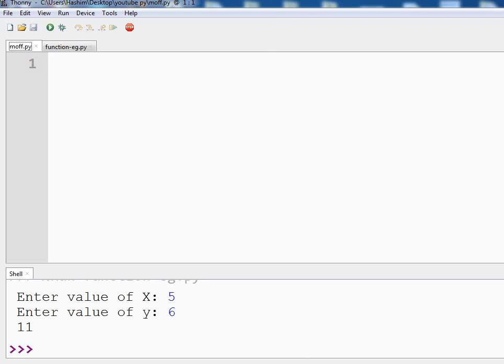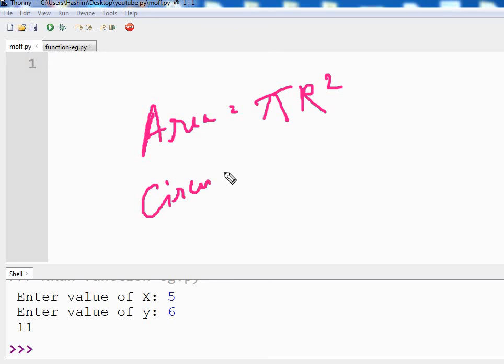As you know, the area of the circle is pi r square, and the circumference is 2 pi r.